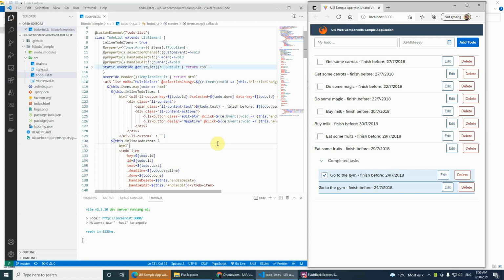I think I've found a weird feature, in my opinion a bug, in the behavior of UI5 list multi-select mode. Here is the demonstration of what I want to say: when the lines for this UI5 list, these are the lines here, so I'm using lit as the